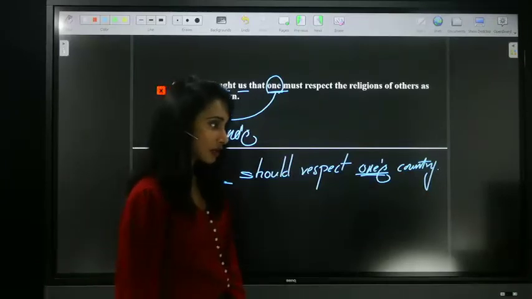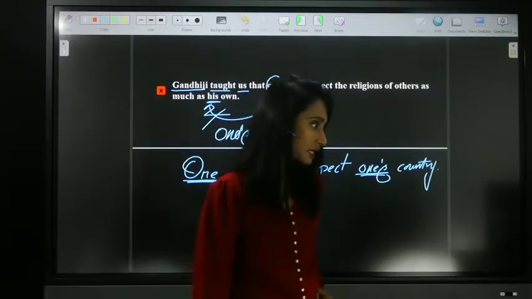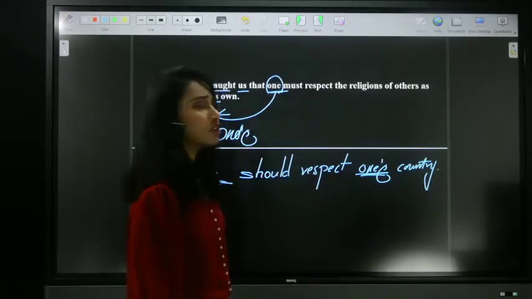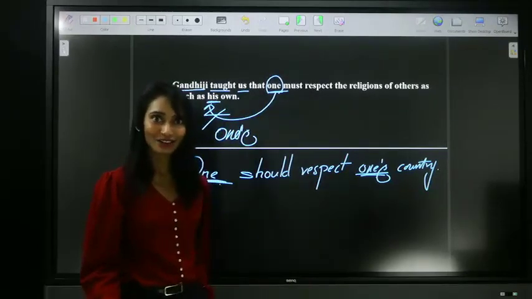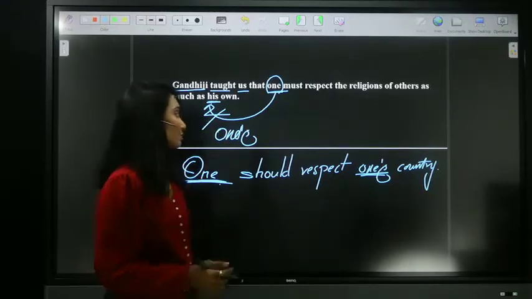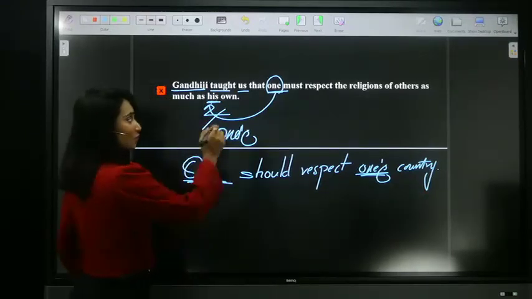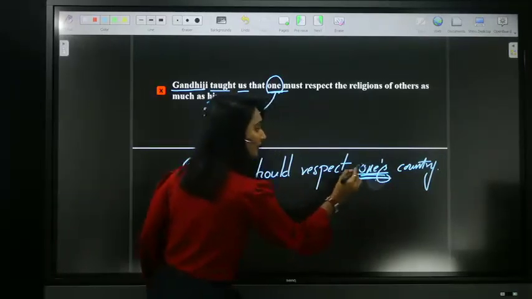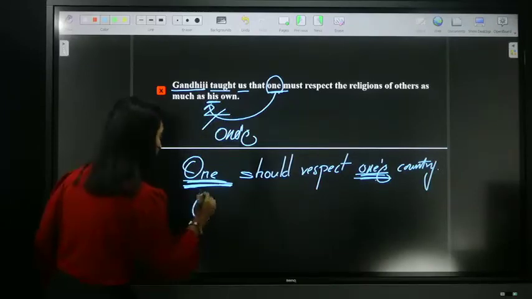So much as can be ignored. No, no Kartikeyan. Religion of, no, there are many religions, right? So we are talking about plural sense. So the concept is here. So one, I told you, whenever we have one in subjective case, the same one should be there in objective case. Another example,